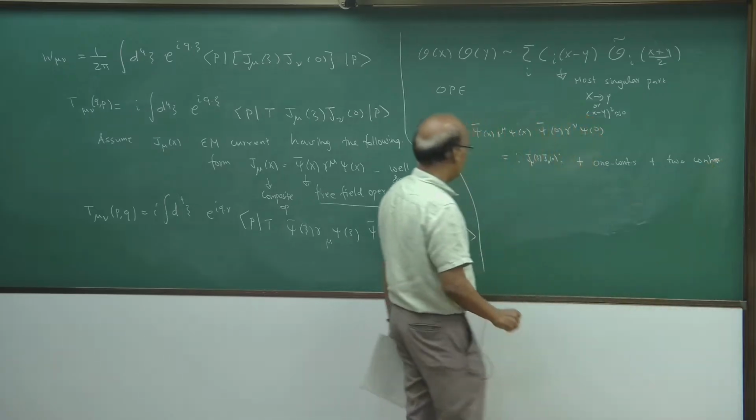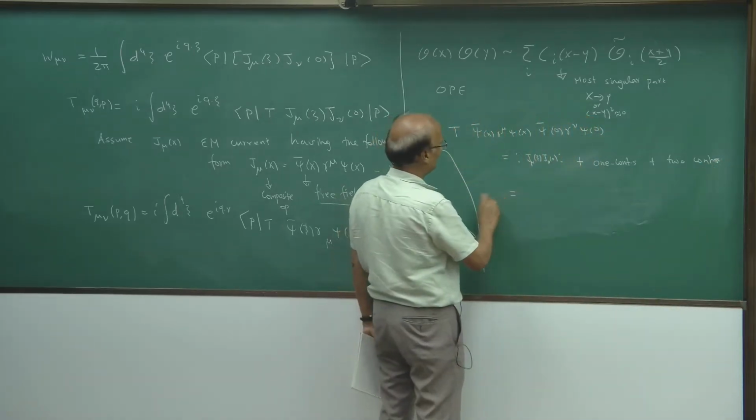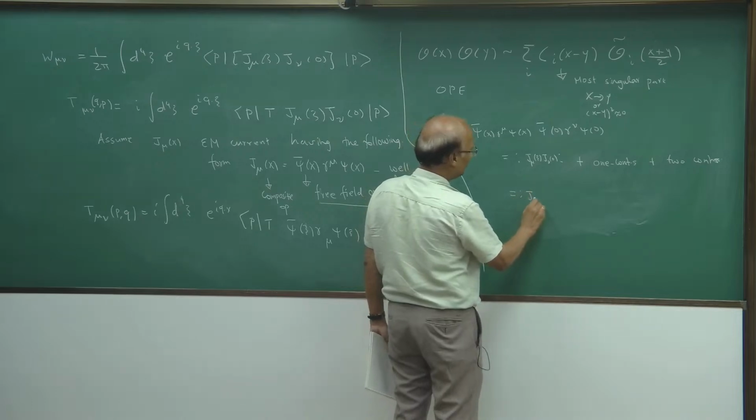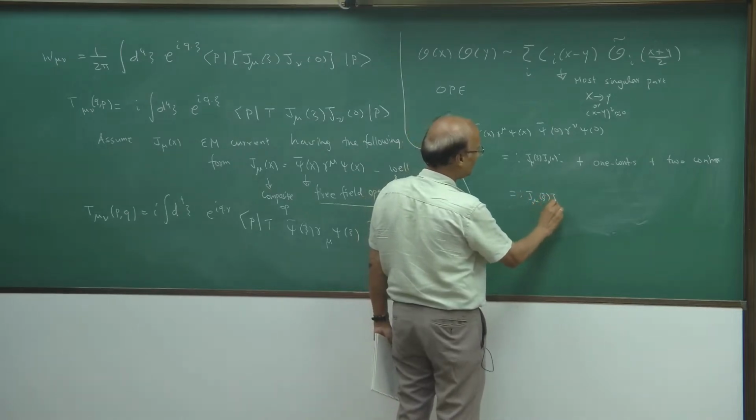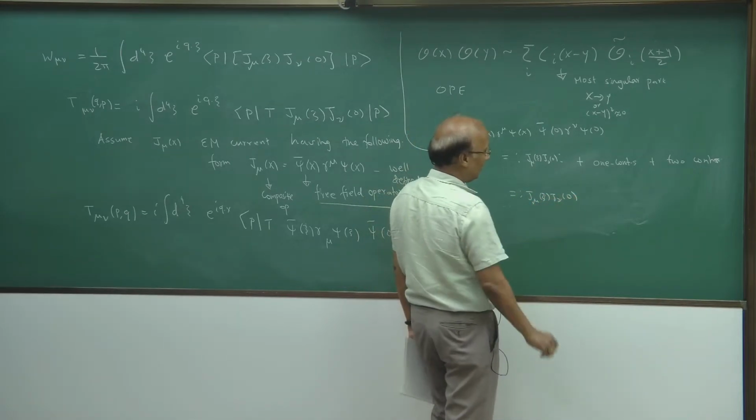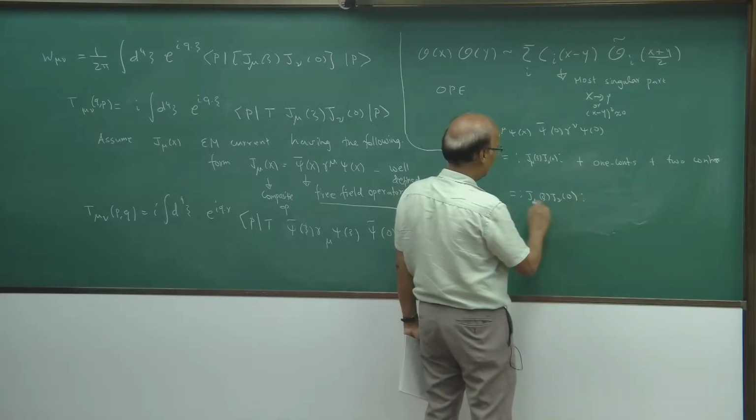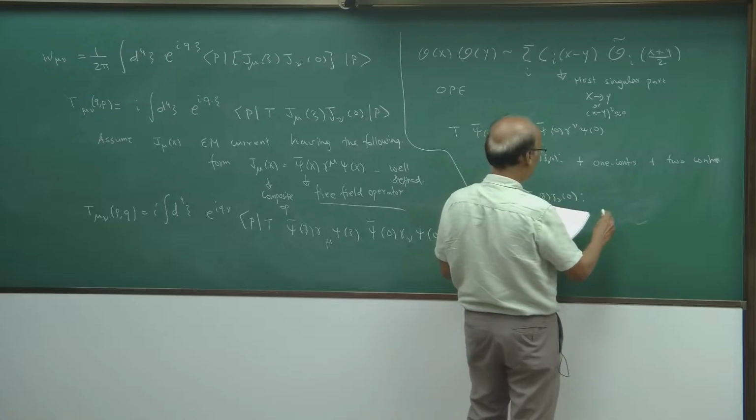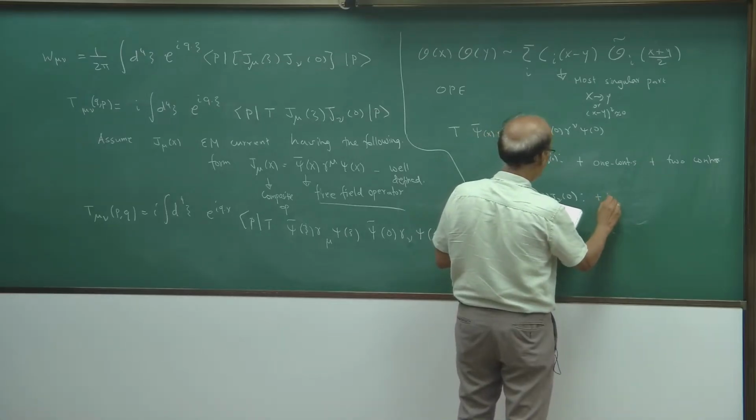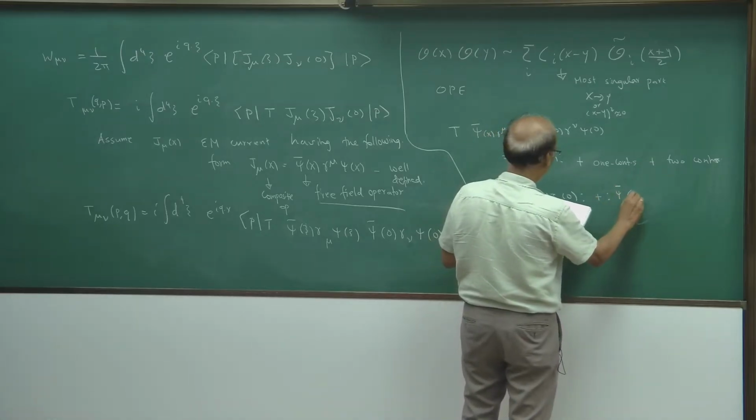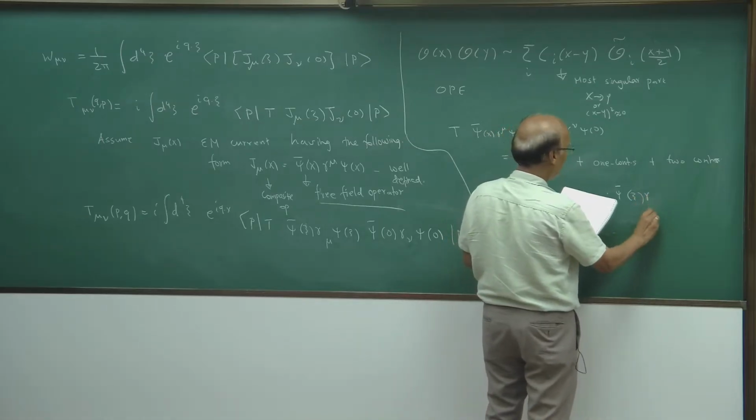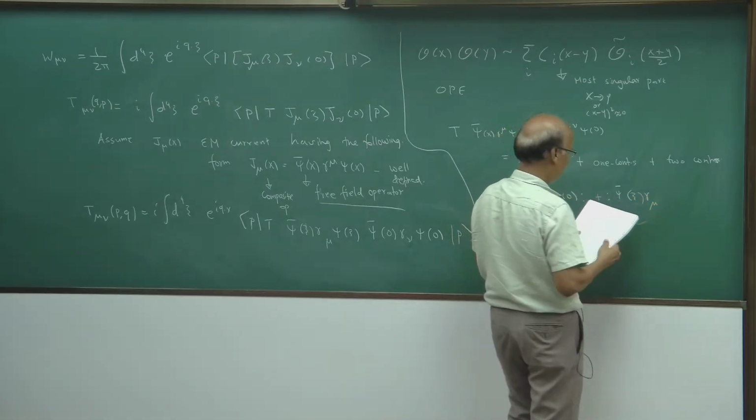Okay, so let's write down those two expressions. The first one will be j mu of psi into j nu of 0. The second term, let me just write down how it looks. It is the normal order product of psi bar psi into gamma mu, times